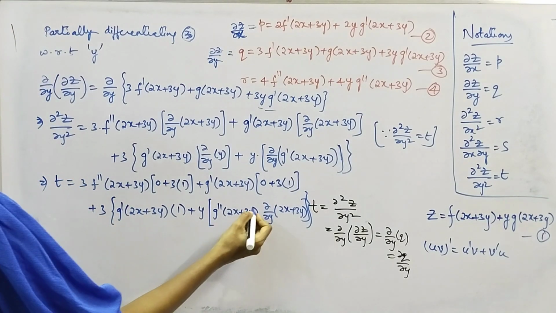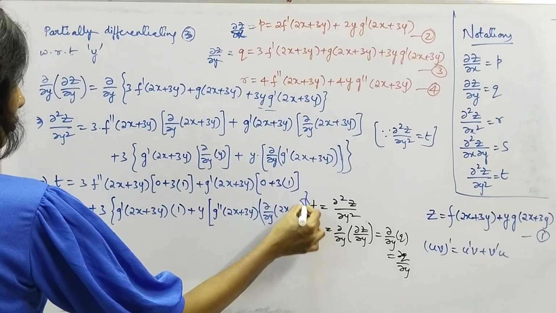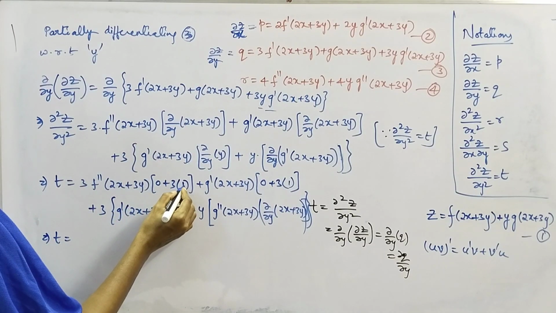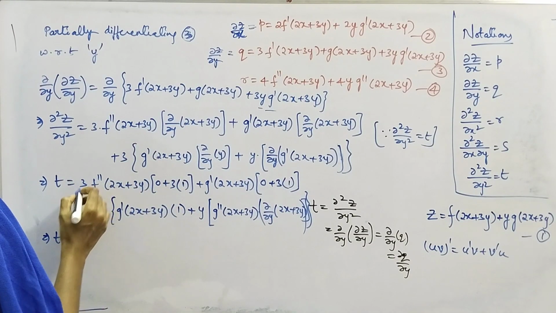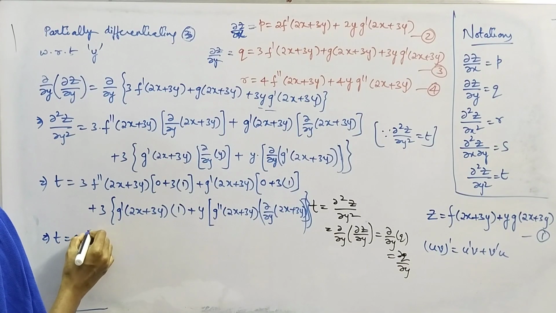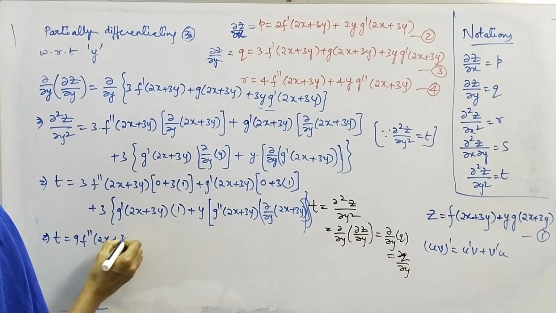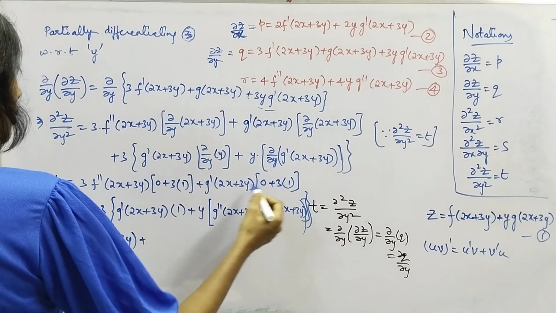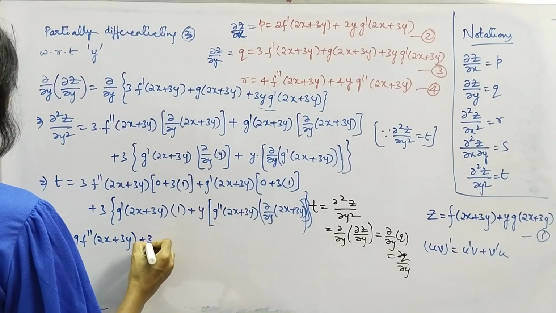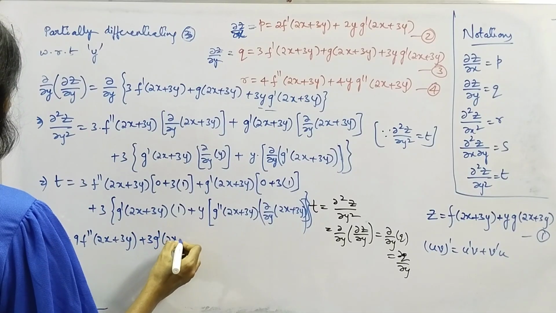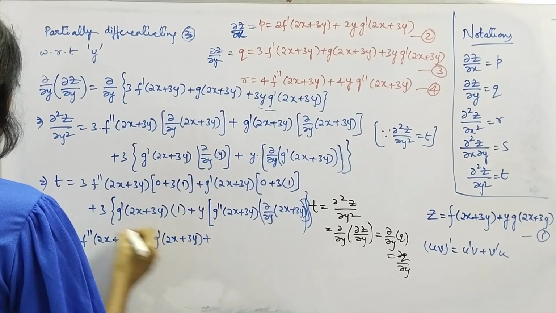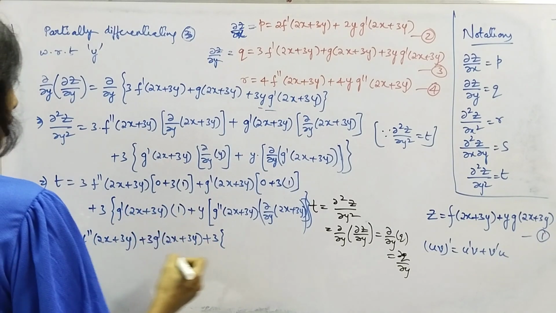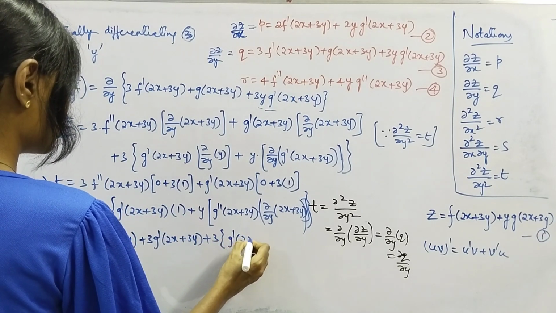Which gives us t equal to 3 into 1, 3 plus 0, 3 3s are 9, you'll get 9 f double dash of 2x plus 3y plus 3 into 1, 3 plus 0, 3 into g dash is 3g dash plus 3 times g double dash into 1, g dash into 1 is g dash,